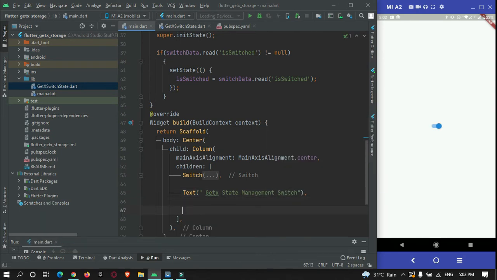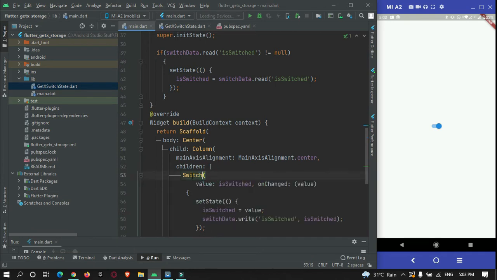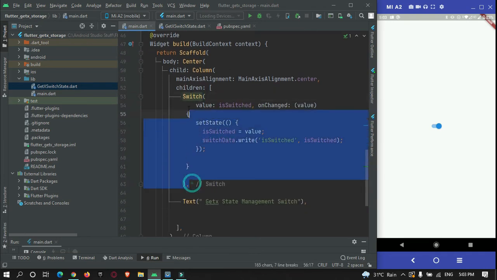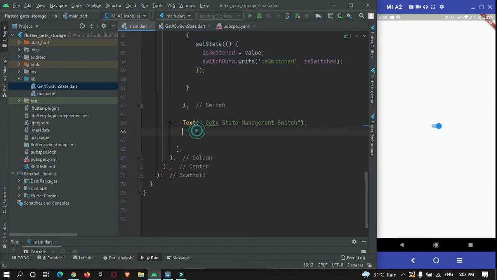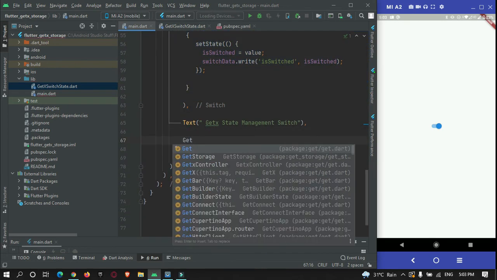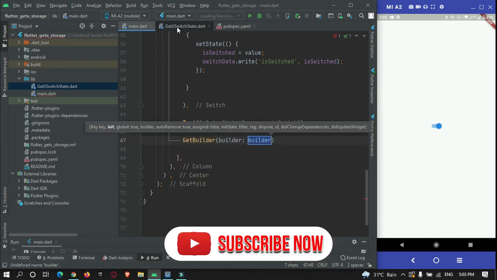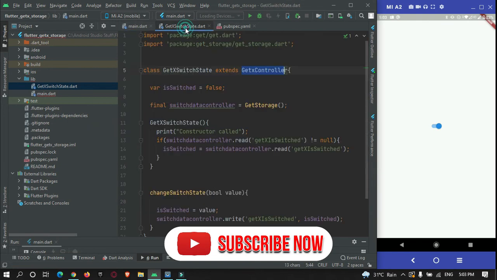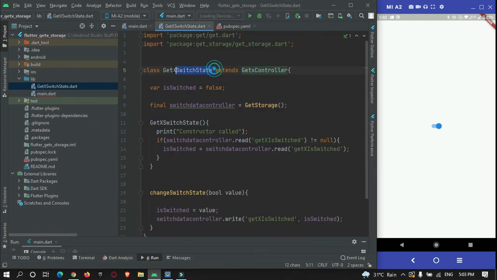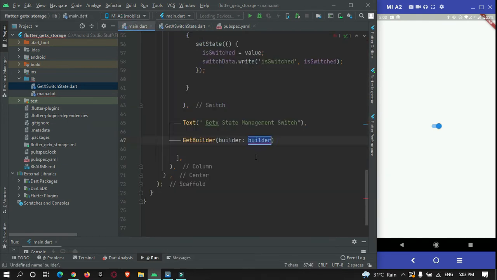To create a switch, instead of doing it directly, I will make use of GetBuilder to keep observing any changes that happen in our GetX switch state.